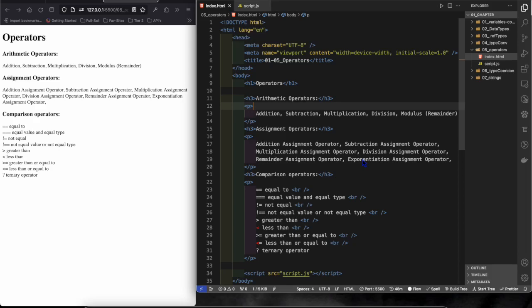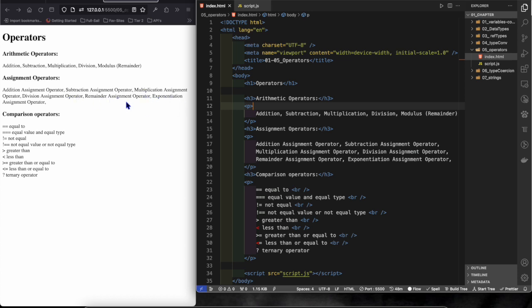Today we'll be going over operators: arithmetic operators, assignment operators, and comparison operators. For arithmetic operators, there is addition, subtraction, multiplication, division, and modulus, which is the remainder of. Assignment operators include addition assignment, subtraction assignment, multiplication assignment, division assignment, remainder assignment,